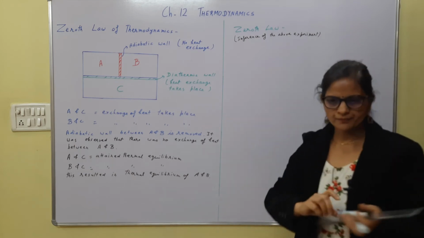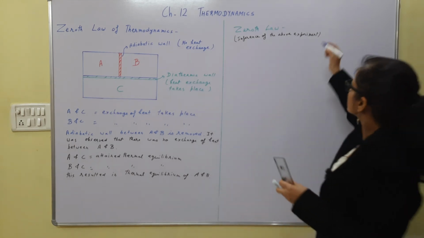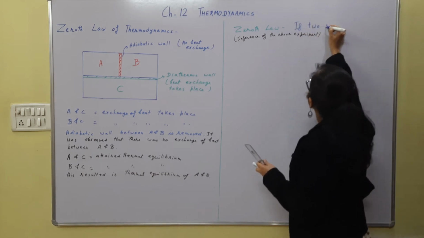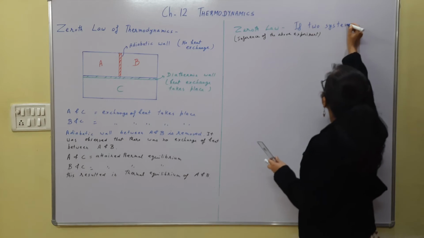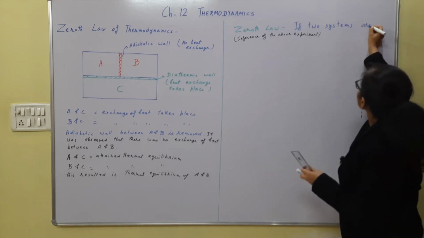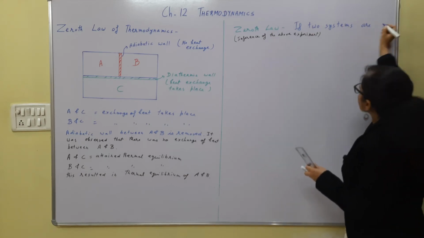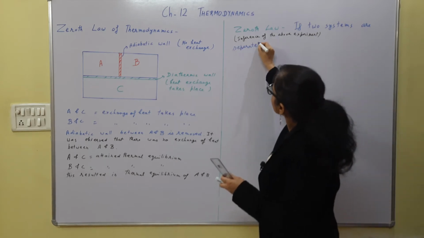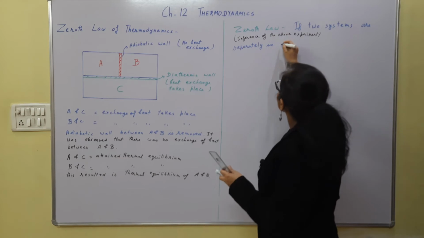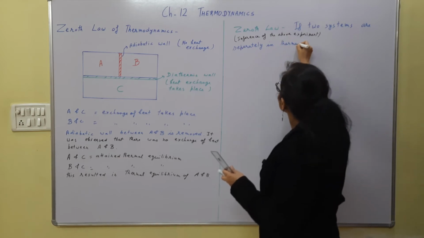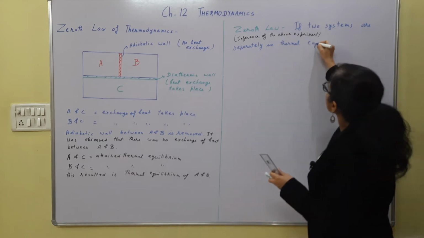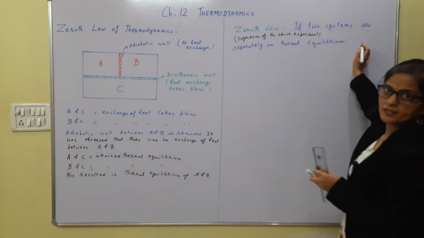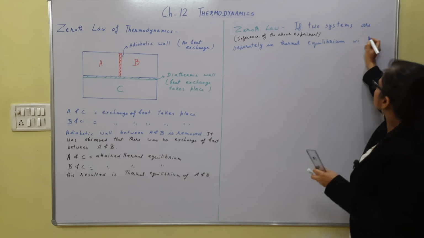It says that if two systems A and B are separately in thermal equilibrium with a third system C,